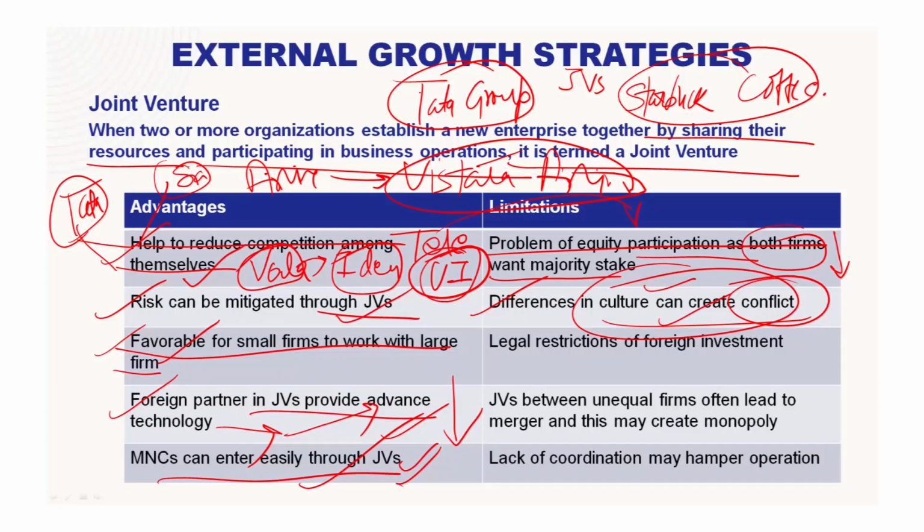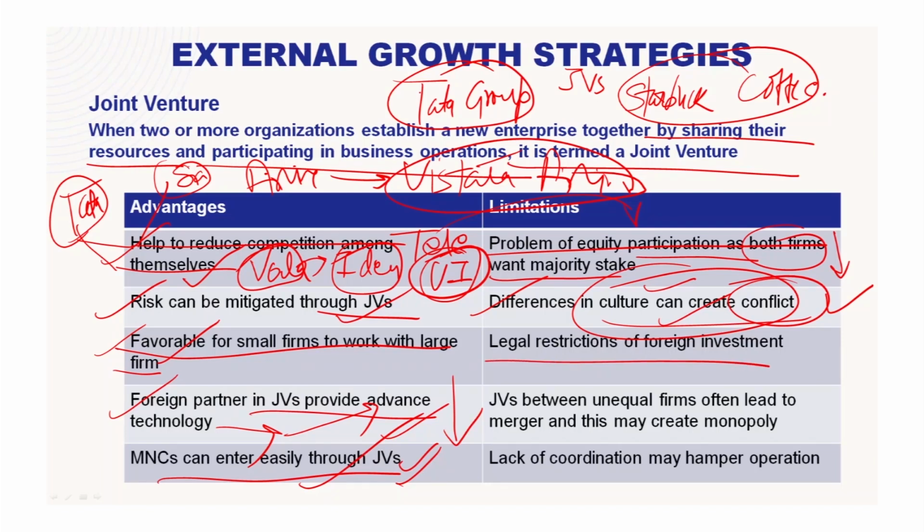So, in this way, if things are very favorable, it will not create conflict. But if the cultures are totally different, compared with the American culture of management, where things are very materialized and they are more towards performance rather than the respect of their employees, there will be a clash in the culture and it will lead towards conflict. Alright, so in a joint venture, it is very important that the conflict should be managed.